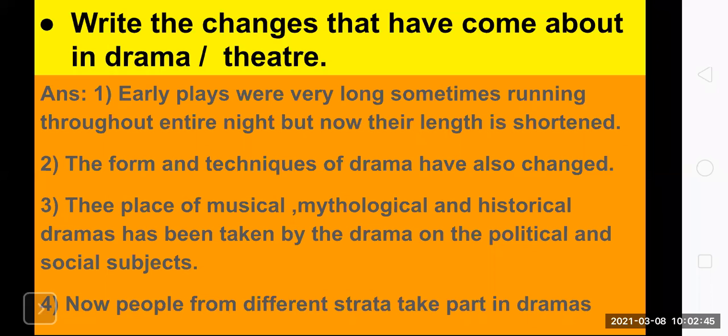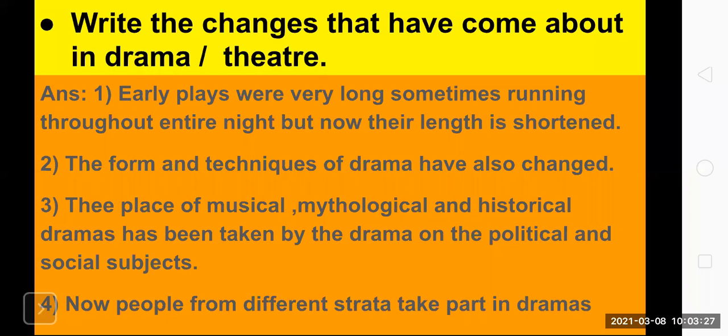In this way the plays go on, but before that, at the time of pre-independence and post-independence, there was one stage, and for that scene only the stage is there. Some players play their role, and after completing their role, the whole stage goes black or the lights go off, and another set comes on the stage, and again the other artists come on that stage and play their role. In that way, the forms and techniques of the drama have also changed.